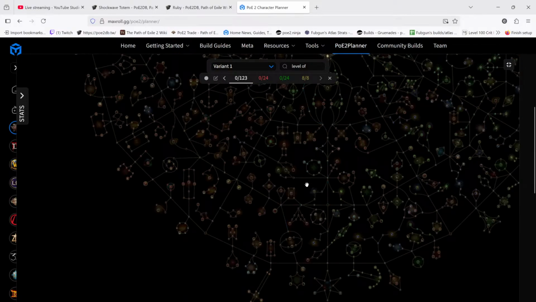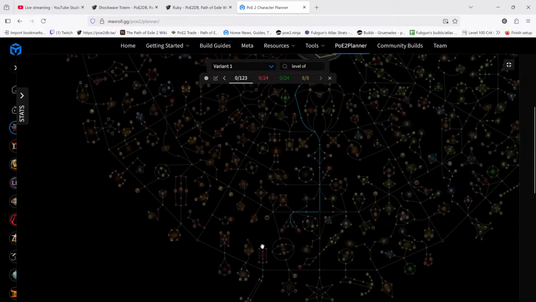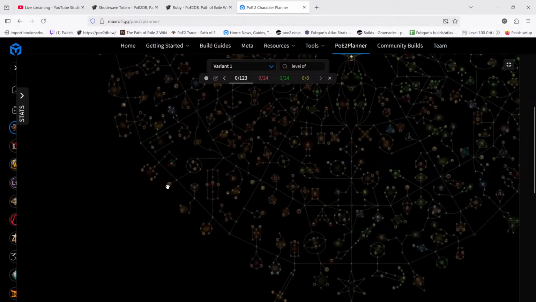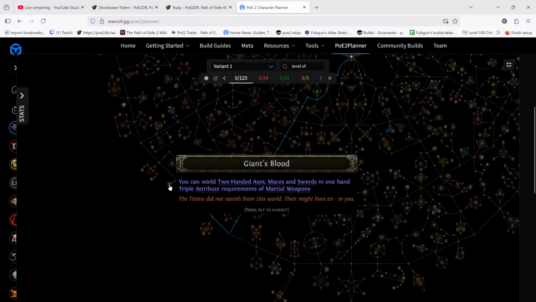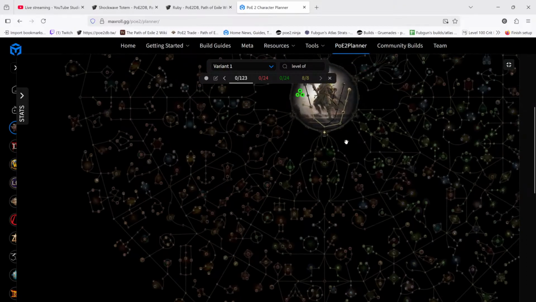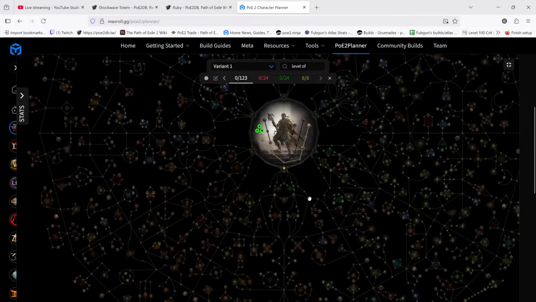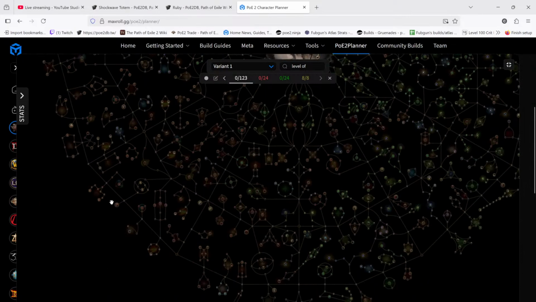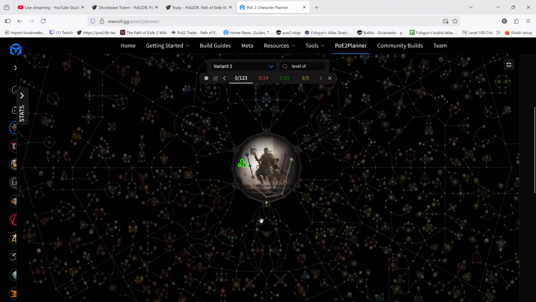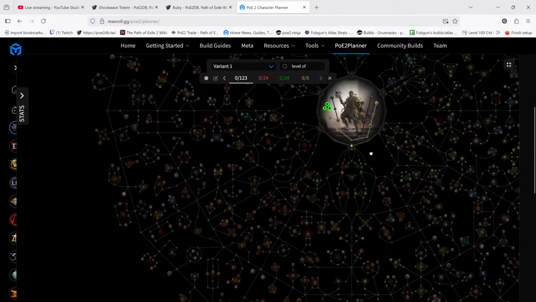Totems do not care about your weapon though, right? Is there any point in running Giant's Blood then? Or maybe two-handers can roll more levels? I would need to check. I don't play Maces enough to know. So maybe you do need to take Giant's Blood, in which case you're going to need as much strength as possible. And I don't think your strength can...